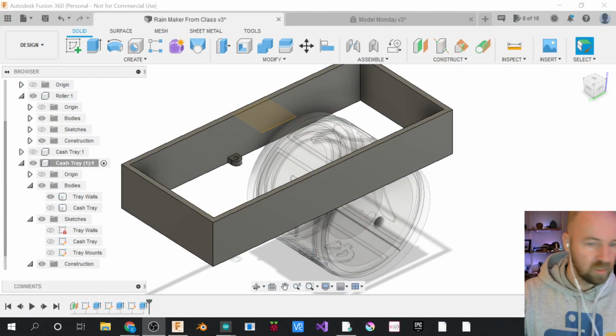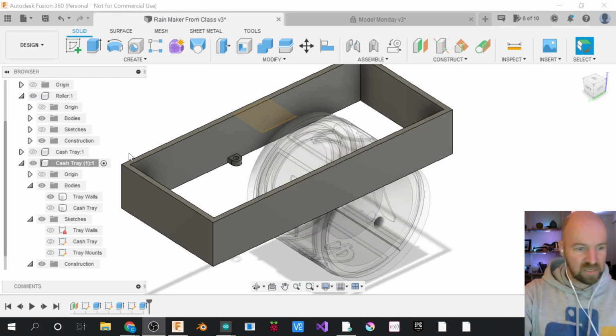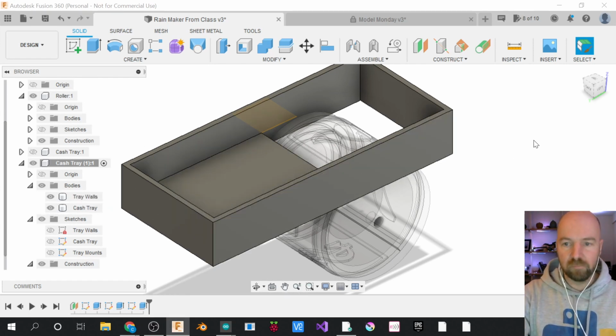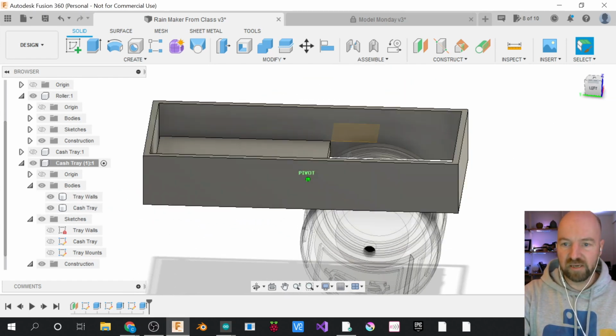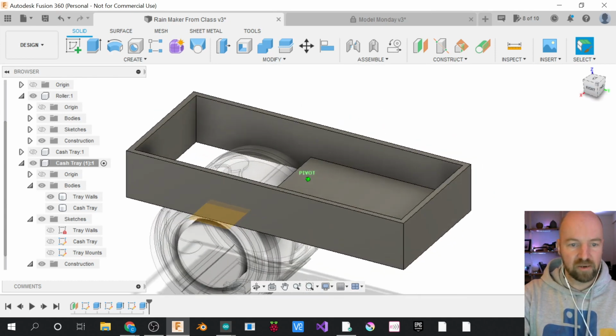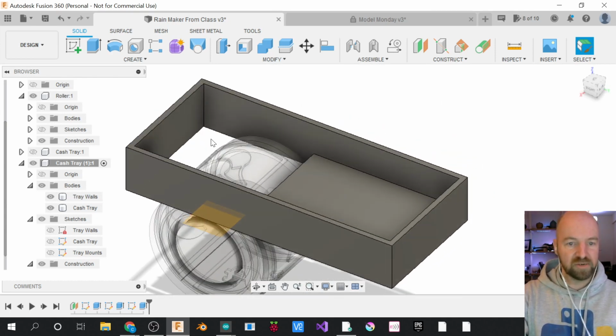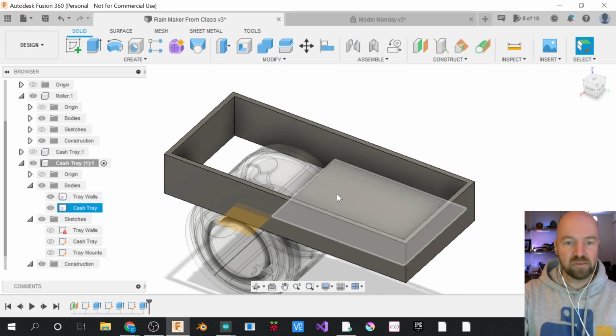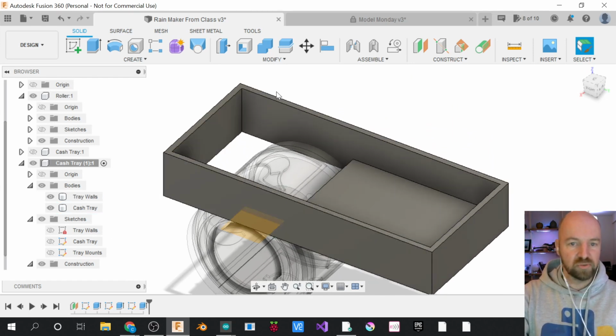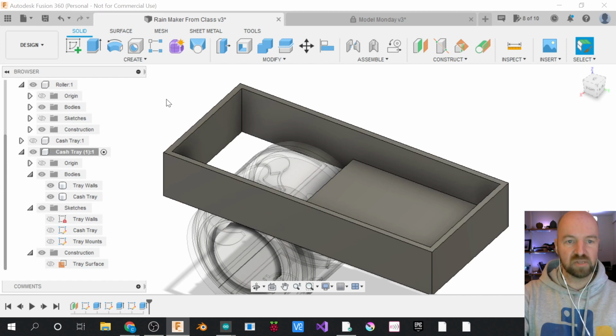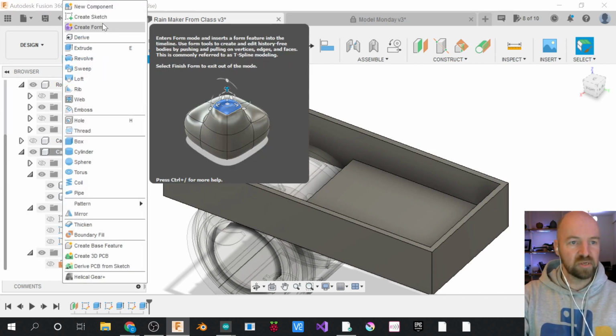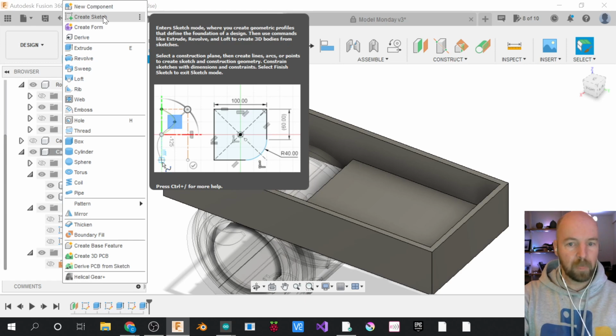So let's keep going because we need to make the opening in our cache tray, and also we need to have a little bit of wall down here. So I'm going to use the project tool to do this again, and before we use the project tool, we'll first need to create a sketch. I'm going to turn off that surface. So I'm going to go ahead and choose from the create menu to create a sketch,